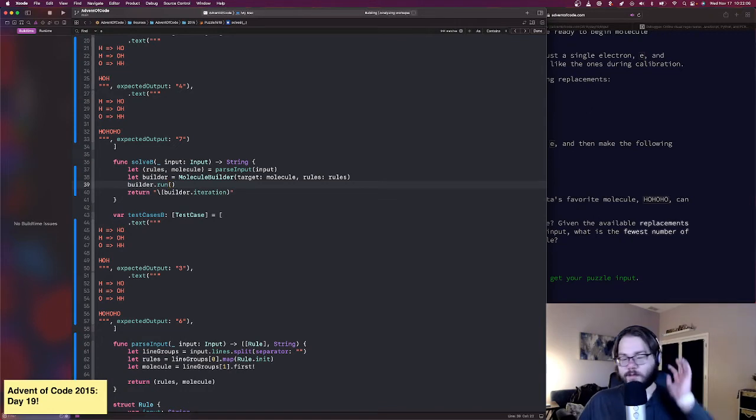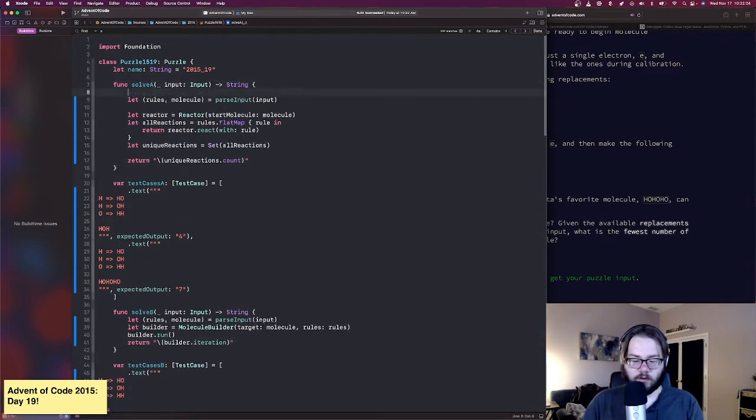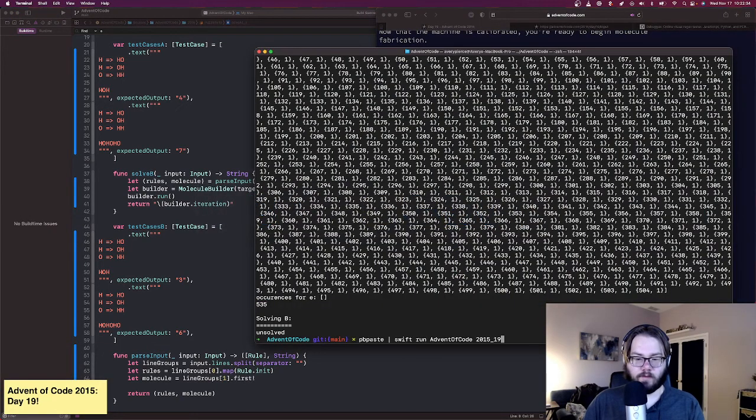So this is actually good because as soon as it finds a step where the correct molecule is created, it'll shut down and stop, and it won't do any more steps. So I don't have these runaway branches where something is going to be recursing infinitely. Okay, so I'm going to go ahead and return unsolved for that because I don't want to run that again. I think it's going to be too slow. And so with that going, let's